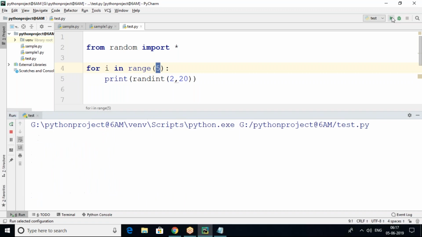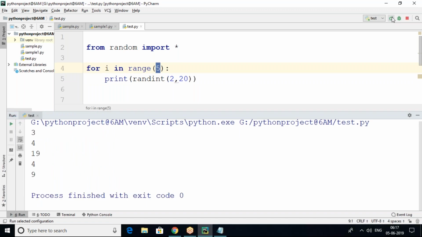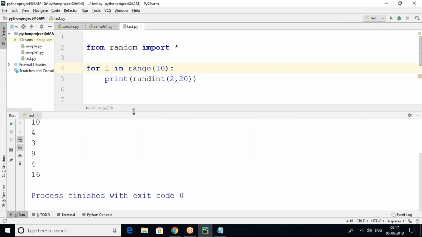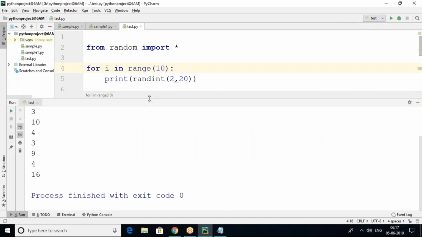So no problem at all. Let's run this. 2 is there, 20 is there also, included. Suppose I want 10 random numbers between 2 and 20 only. So random numbers are generated.